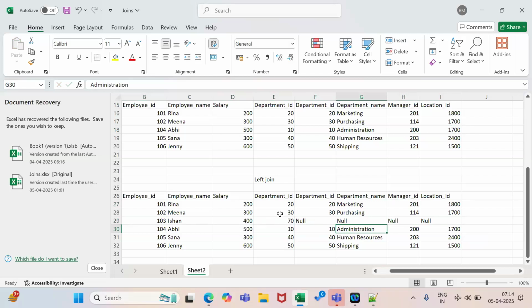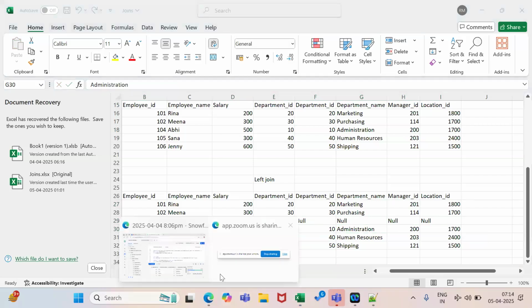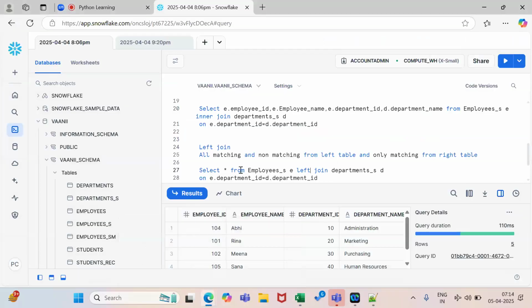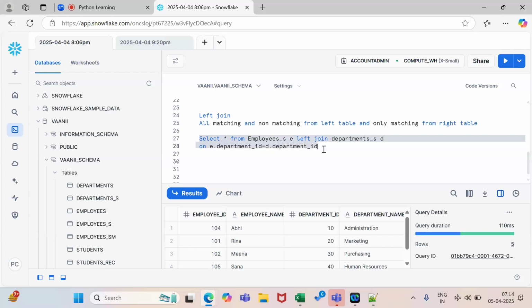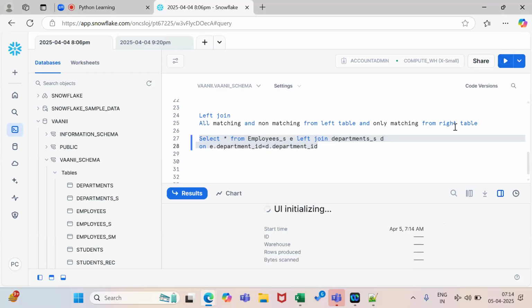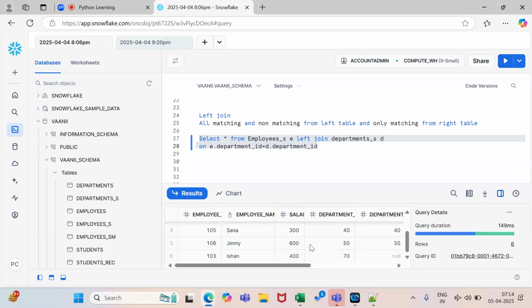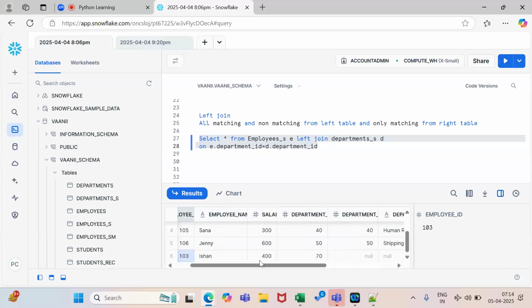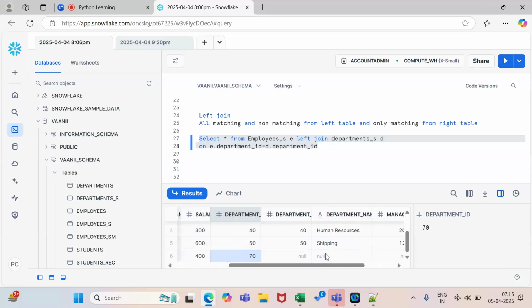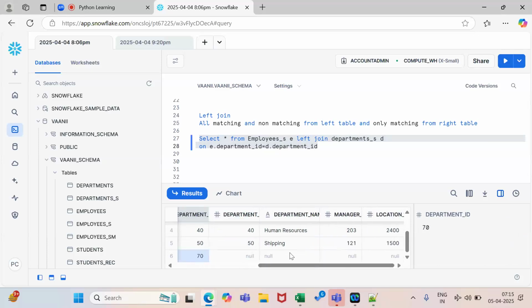Let's check from here also. Now if you see, the number of rows is 6, but for this particular ID, 70, we have null values in the columns from the right table.